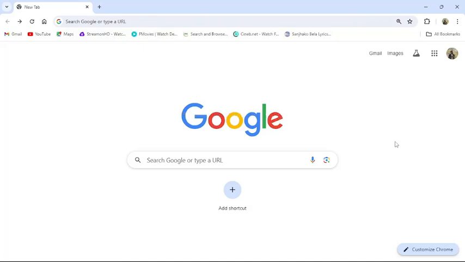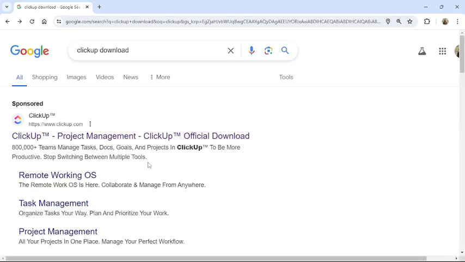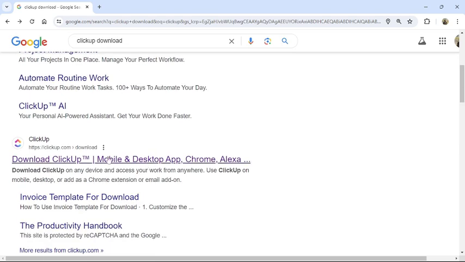Today in this video I'm going to show you how to download the ClickUp application on your desktop. To do so, follow some simple steps with me. First of all, open your browser, then go to your default search engine. Then search "ClickUp download." Scroll down a little bit, and there you can see Download ClickUp, or directly go to